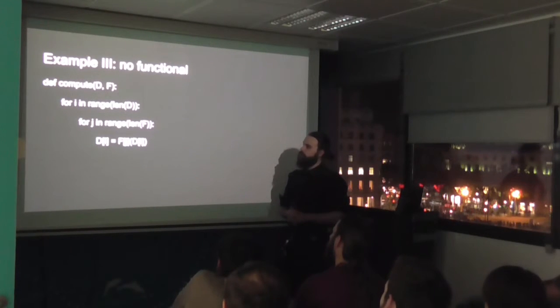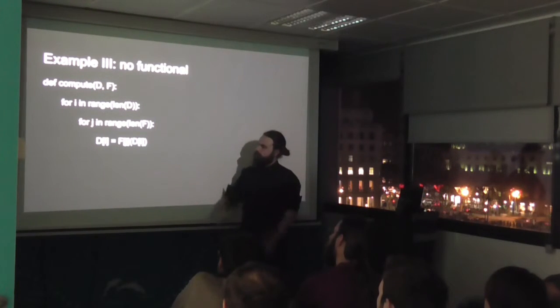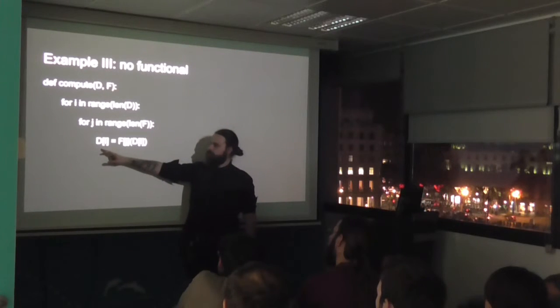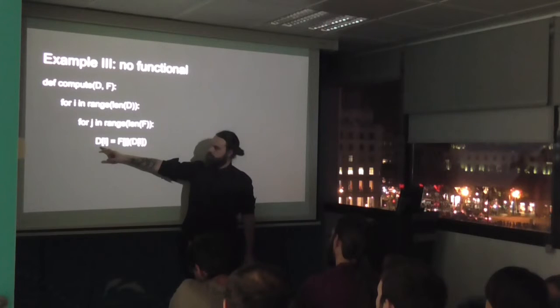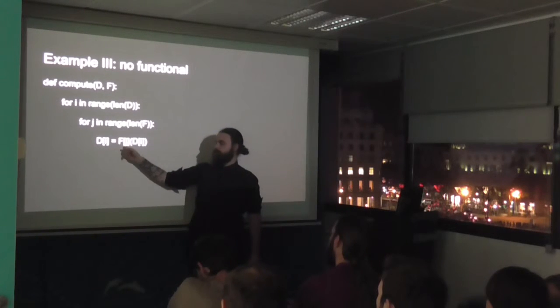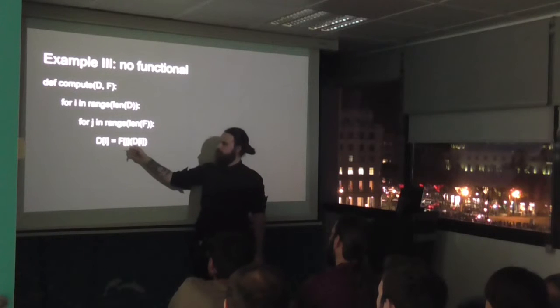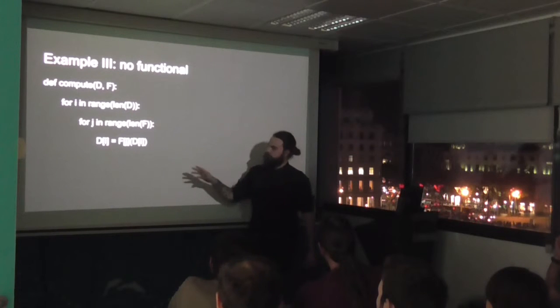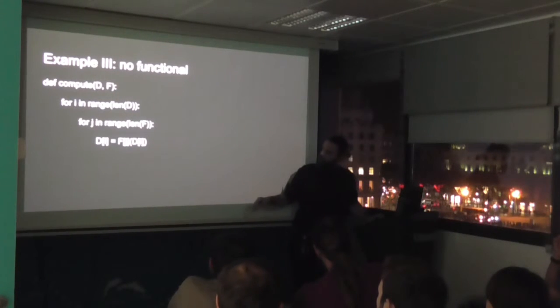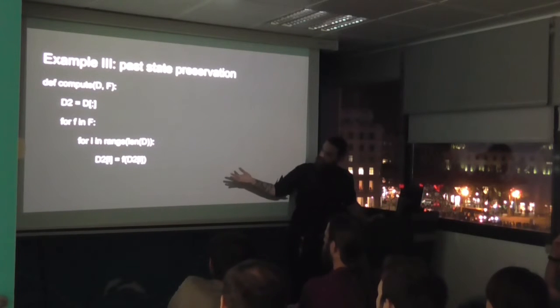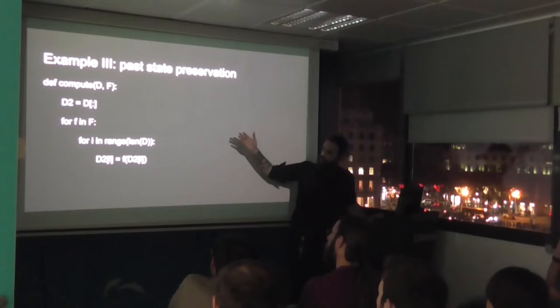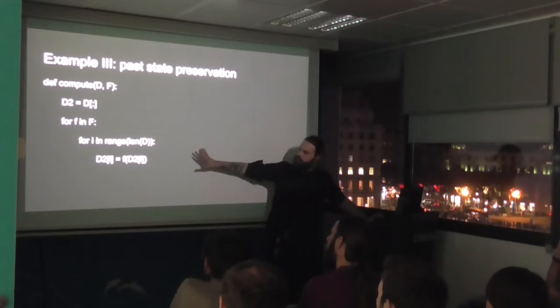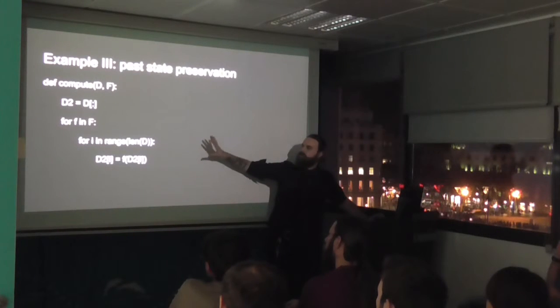I'm going to iterate over the list of data, then over the list of functions, and apply and override the values of D with the result of function number J on data number E. Okay, that works. Actually works. If we want to do it the same, preserving the state, we just copy the array and execute the same. No problem. But we can do it even better, because